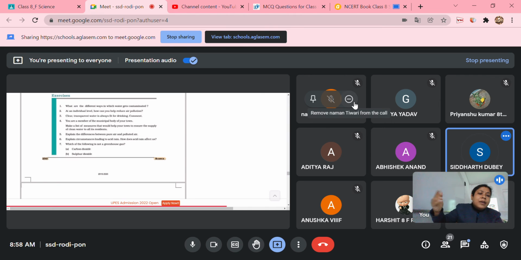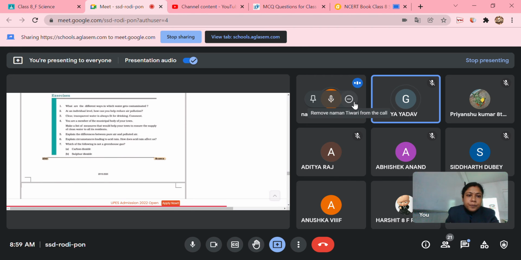So the factory waste, the waste from the vehicles also, all these pollutants, what will happen? They are present in the atmosphere. So those are the circumstances they are making. And now the water vapor present in the atmosphere reacts with these harmful gases and produces acids. Later on, when rainfall occurs, these acids dissolve in water and fall down as acid rain. The rainwater becomes acidic. Okay, clear? Yes, ma'am.